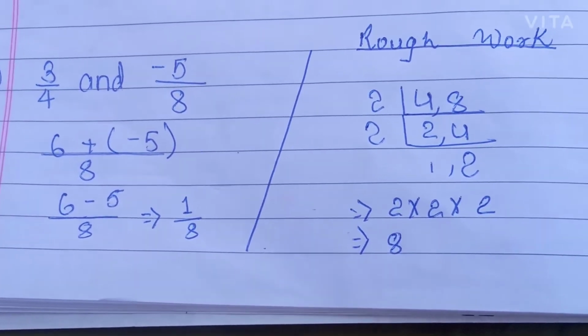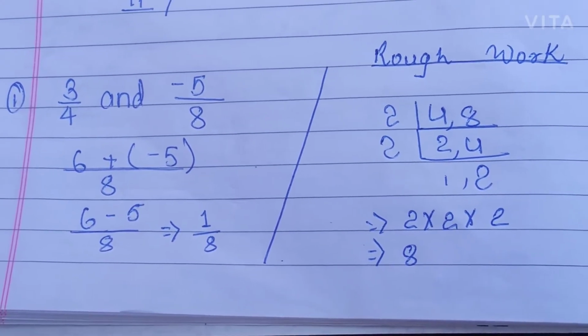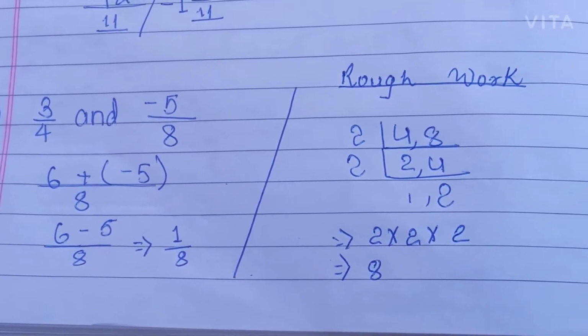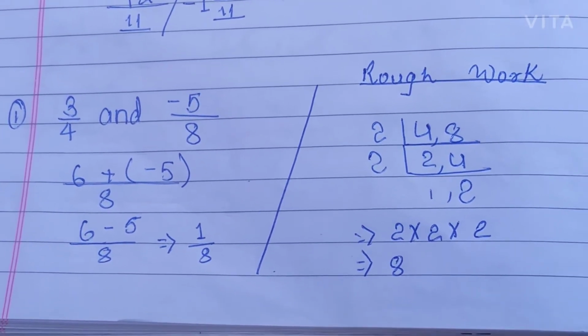Now 4 2s are 8. So like that 3 2s are 6. So here we have given 6 instead of 3 by 4 and write plus, and 8 ones are 8, so 5 ones are 5. 5 we have written and minus will be as it is. Now you see I have given a bracket because two signs can't be at the same place, so there we have given a bracket.